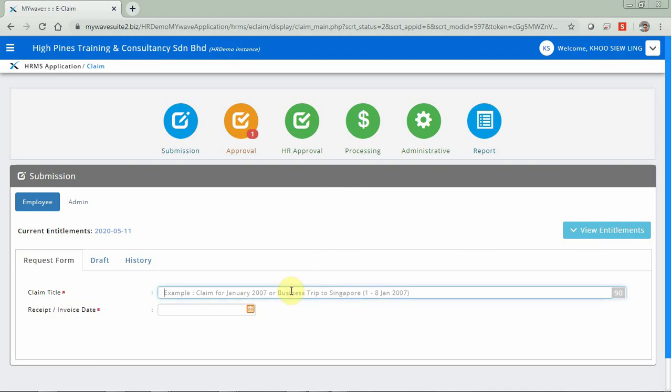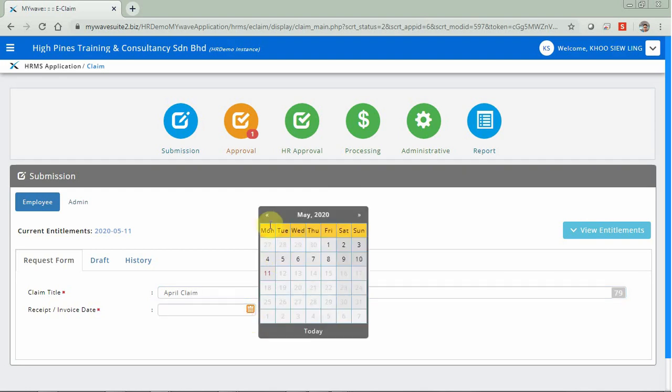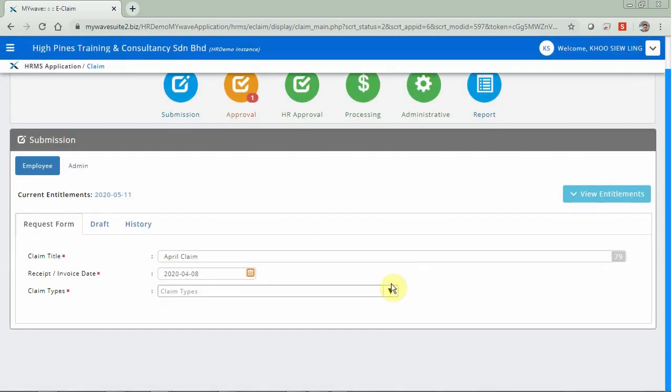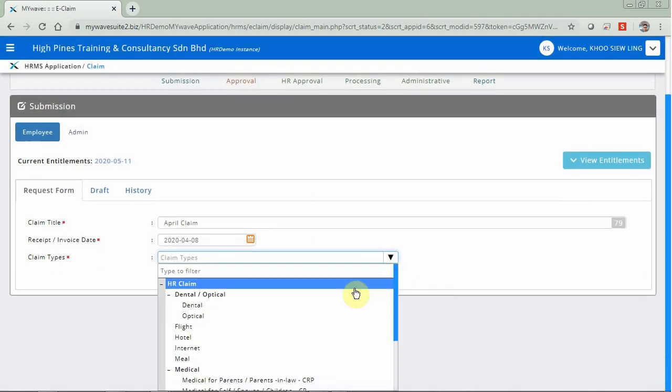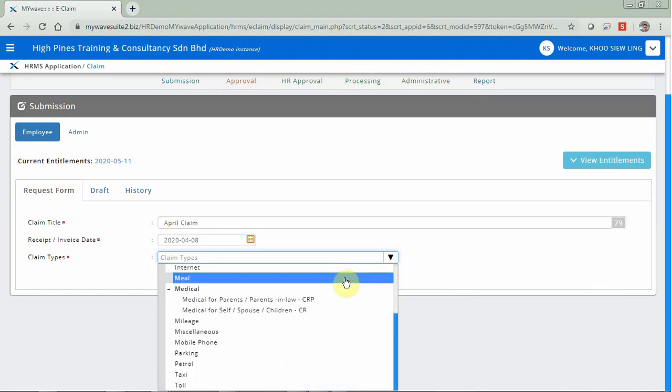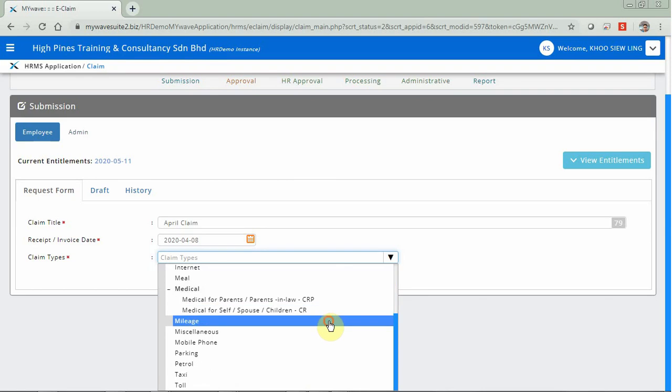All we need to do is type in the claim type and then insert the invoice date and then choose the claim type that is available under this claim. We can create as many claim types as we want, but today I would like to show you our mileage claim,